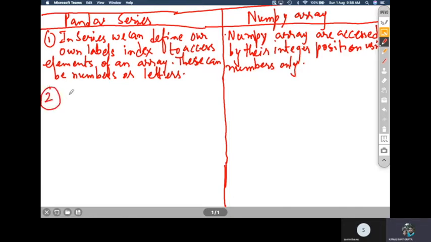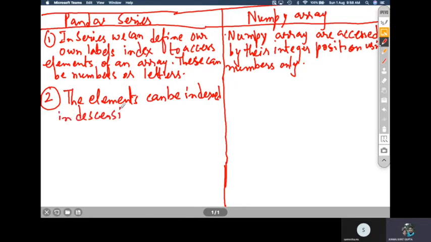Now the second difference is that the elements in a Pandas series can be indexed in descending order also. Actually, what happens in a Pandas series, though we are giving numbers as indexes, internally they are treated as names.